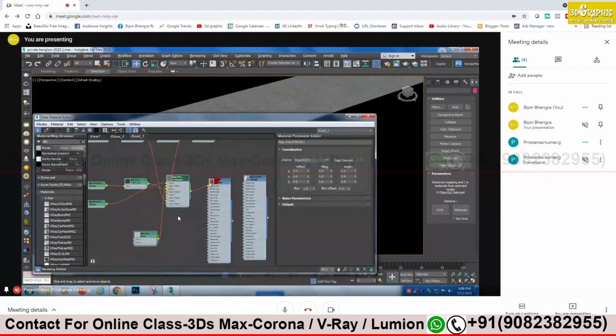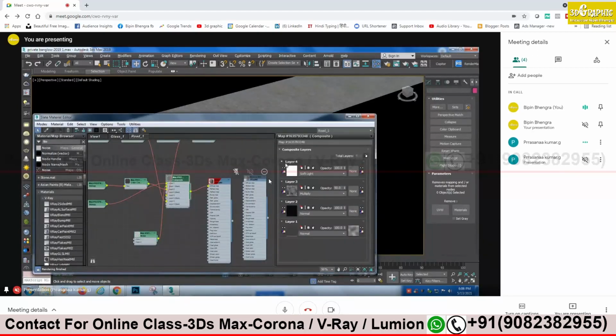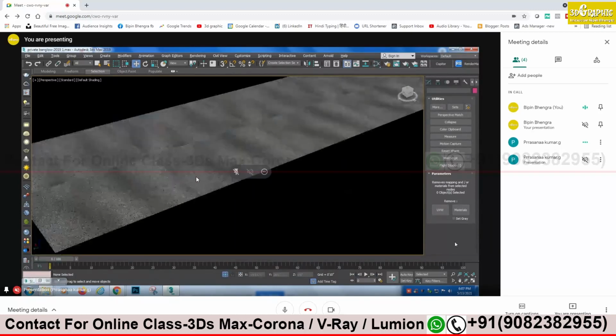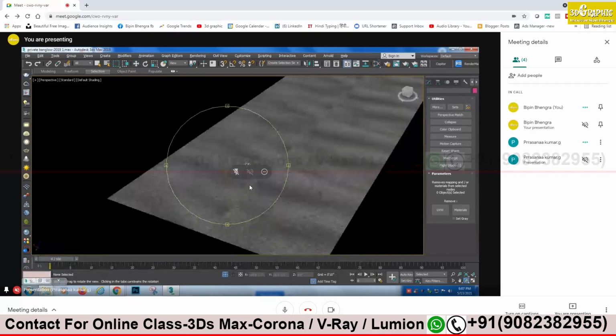Just click on composite. There is an eye icon on the left side. That's the name of the layer, the number 4 is given. There is an eye icon a little bit to the left. Here, sir. Yes, that is the eye. You can turn off the layers and work on just one or two layers. Yes, you see now you're getting a proper, nice result.